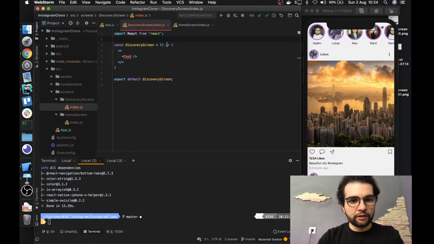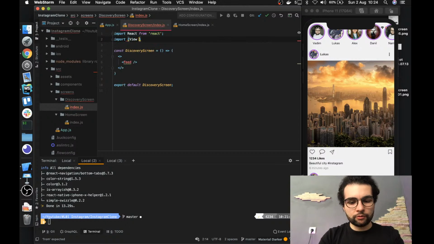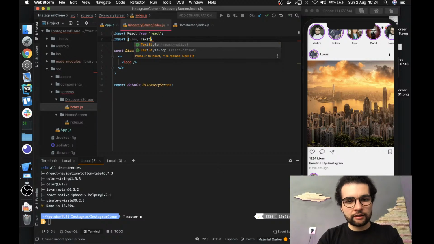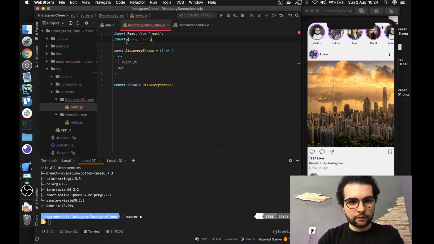Don't need feed. We probably will need View and Text from React Native,